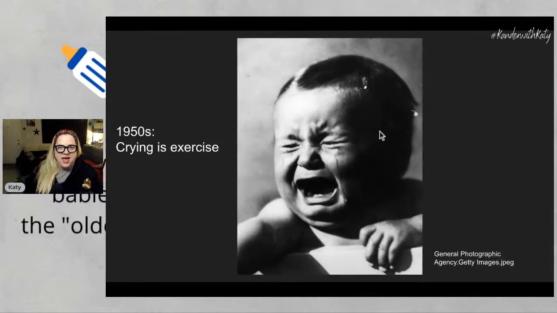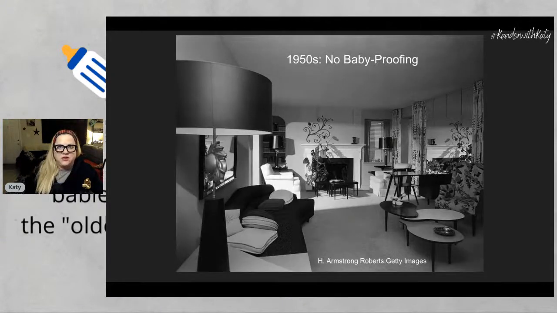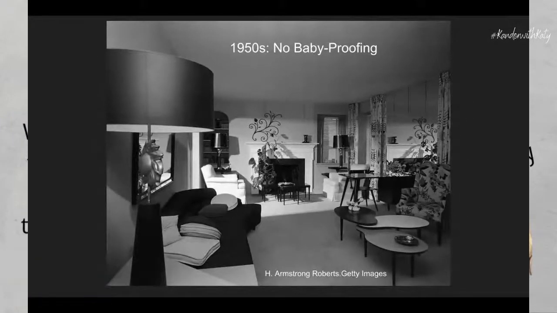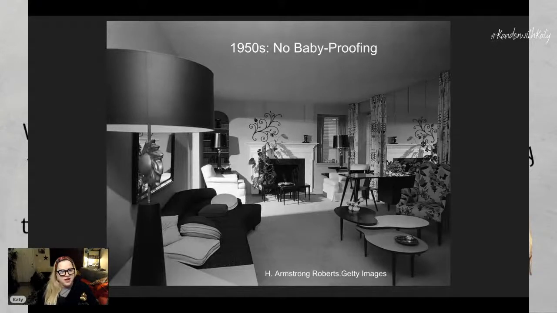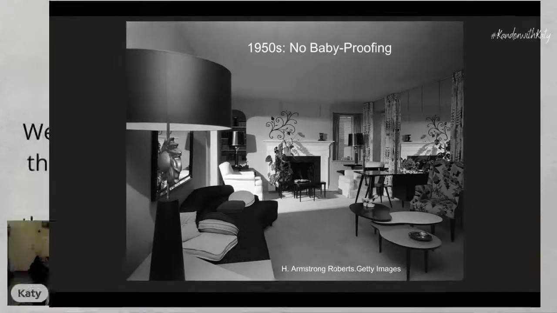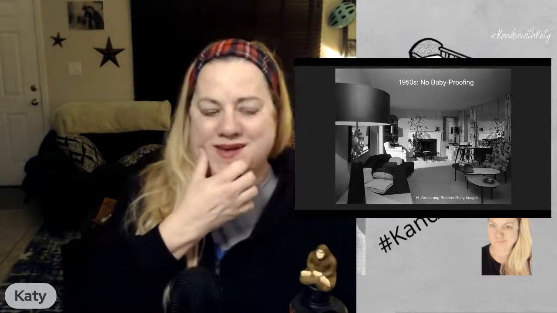Okay, next up we have 19. Okay, now this one for me goes for lots of things. No baby proofing. You can just, oh, hi, there I am. Hello. So, in the 50s, experts believed that baby proofing, now here's the difference, okay? Baby proofing was a sign of lazy parenting, and that a child can learn what not to touch with the help of the mother yelling at them to put stuff down. Has that ever worked? Has that ever worked? Now, listen, we didn't have baby proof stuff when I was a baby, right?